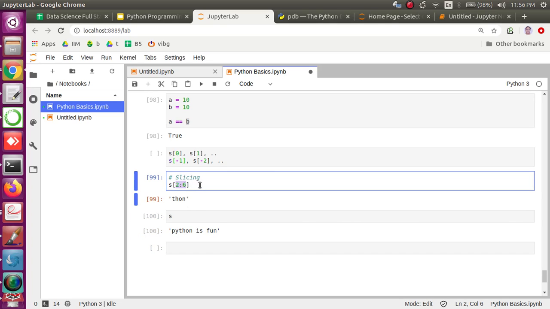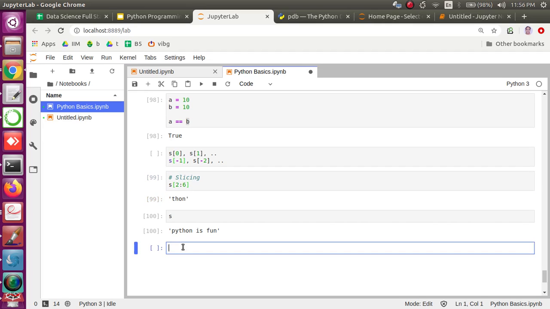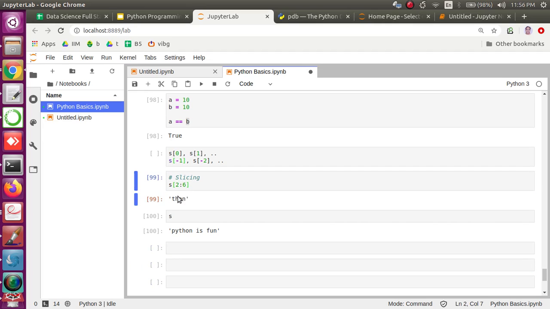I'm pretty sure you guys can figure out what exactly is happening in line number 99, right? Just think about this. Let me tell you what exactly is happening. It starts to get the string starting from the second index. Remember, index starts from 0, so at the 0th index it is p, then the first index is y, and at the second index it is t. So it starts from t and it takes up to the 6th index value and not including the